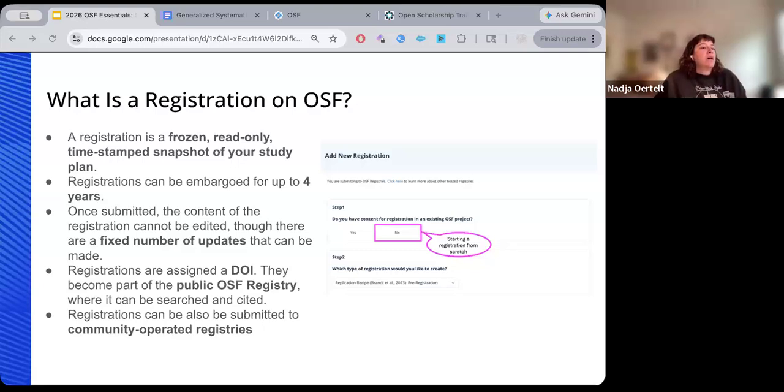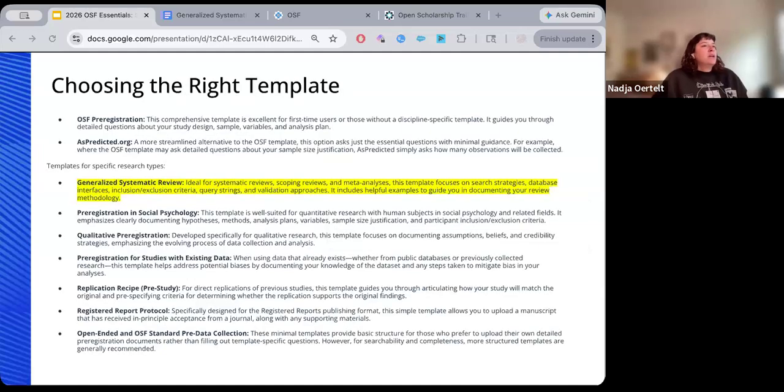We recommend starting from a project, but depending on how you've organized that project, depending on your team structure, depending on how well or poorly you've organized your files and supplementary material within a project, you might want to start from scratch. There's also, just to note, an admin approval process after you submit a registration. So contributors on a registration have time to approve, and it's automatically approved after a specific time window. And we'll talk about that in a few slides.